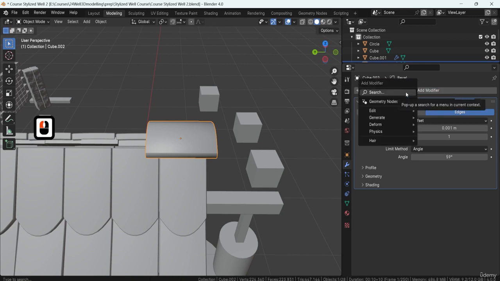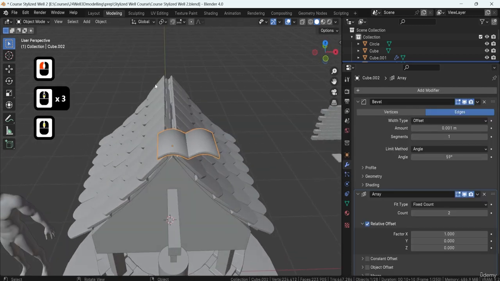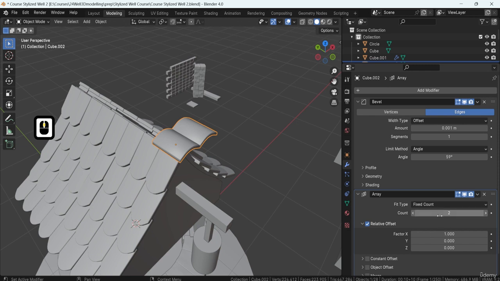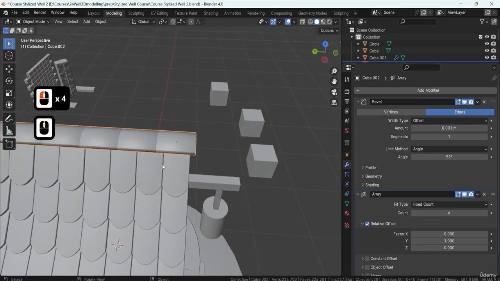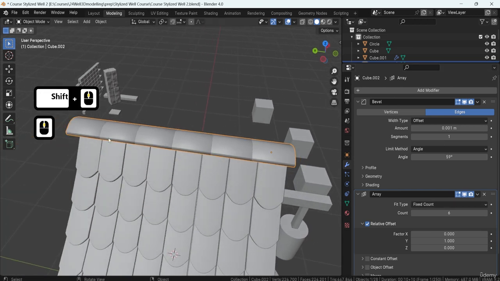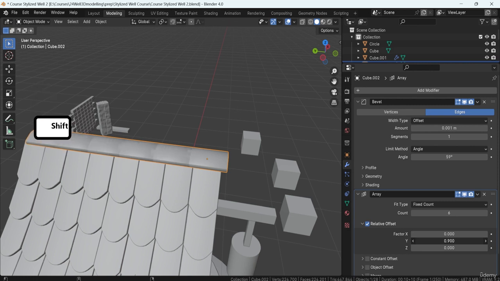Let's go ahead and add a modifier. Search for array. And a nice usability tip will be to just drag it across. So let's go ahead and do that. We're going to make sure it's not going in X and instead it's going in Y. So let's go ahead and switch these up. And now we're going to increase the count by quite a bit, by 6. And we are going to just shrink it back down because we want it to be actually overlapping with one another. So this is going to be shrunk down to a value of, I'm going to hold Shift for this, and to a value of, let's see,